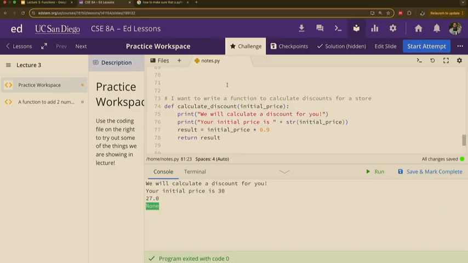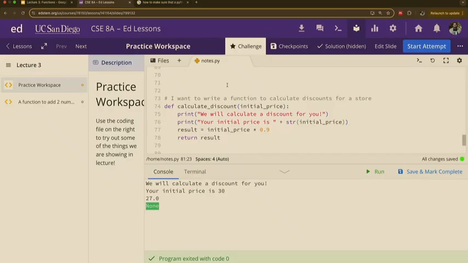So looking at all these special words that Python has. Def, you're telling Python, hey, I want to make a function. Python says, awesome, what's the name? It's calculate discount. That's awesome. What do you want me to get for calculate discount? I want the initial price. Awesome. When are we going to start doing it? What's the little colon? And we start doing everything inside here. Okay? I'm going to run all of these things anytime we call calculate discount. And now we have this new word called return.